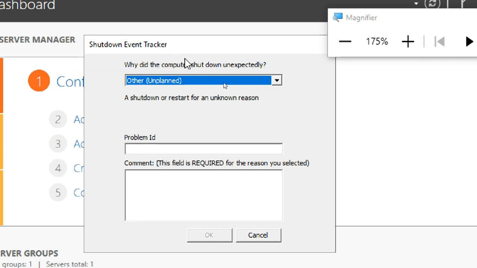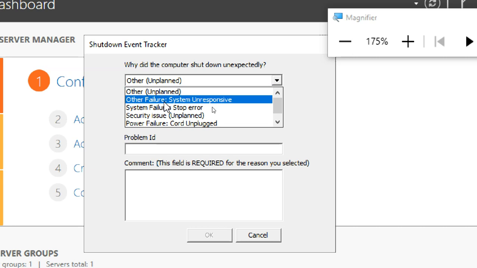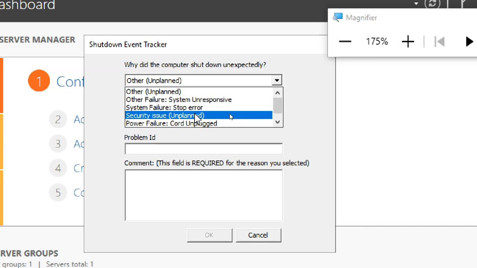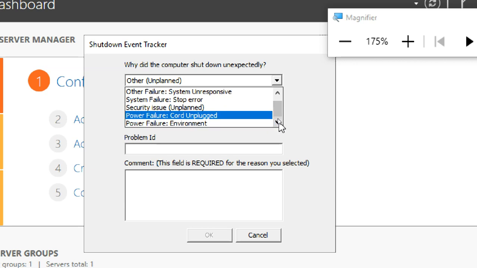Guys, one point I may forget again. We'll see the shutdown event tracker. Why is it showing like this? Because last time I shut down my server. We should not shut down the server casually. If you shut down the server, there must be a reason behind it, either other unplanned causes like a system unresponsive, stop error, security issues, or a power failure.